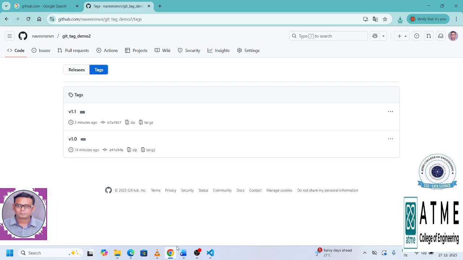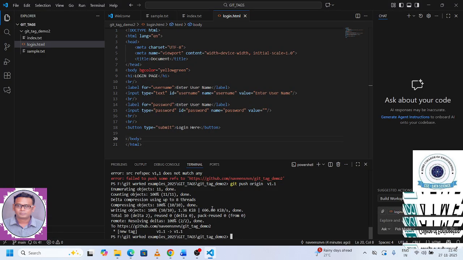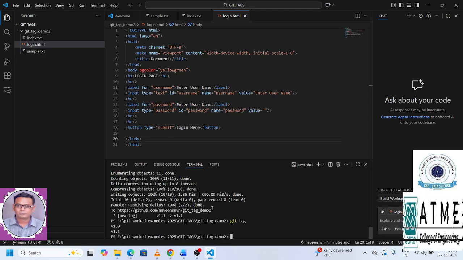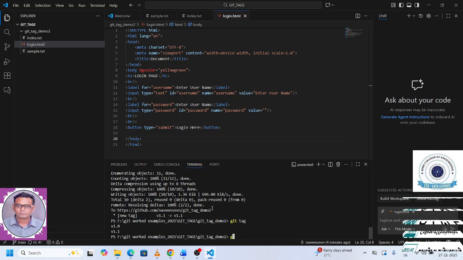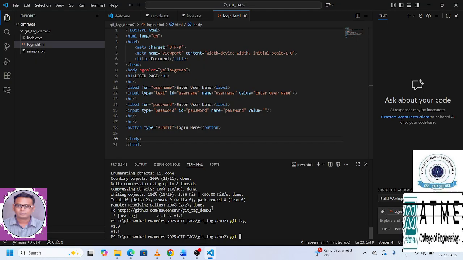So far I demonstrated how to create tags and how to push tags into the remote repo. Now we'll see how to delete a tag. There are two types. If you want to delete a tag locally, before that I will list the tags. There are two tags here, v1.0 and v1.1. You can delete the tag locally by using git tag -d followed by the tag name